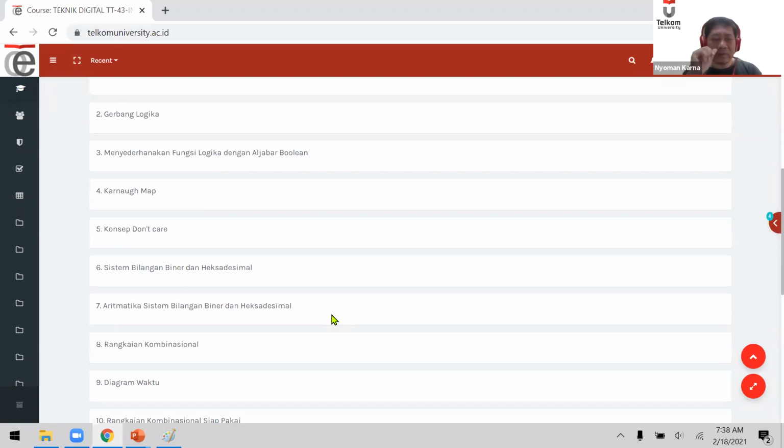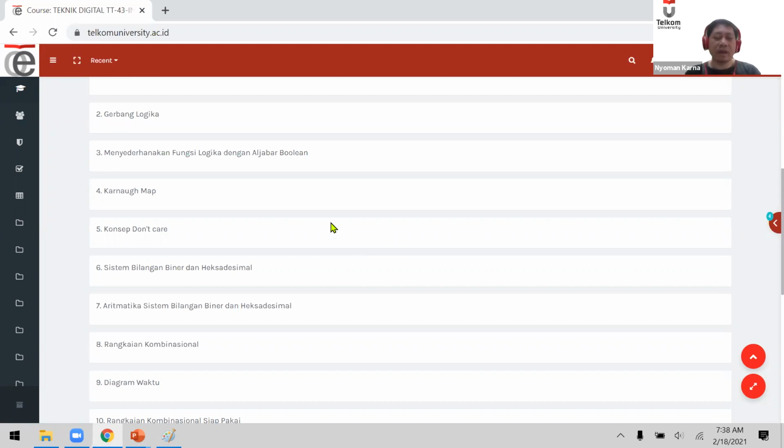And then we're going to have the mid exam. For the mid exam, we're going to use the theory. So we're going to have the hand-in, although we're not concluded yet about how we're going to present the mid exam. It could be either in the LMS or it could be in the Google Classroom or maybe using another platform. But basically for the mid exam, we're going to have the theory exam.